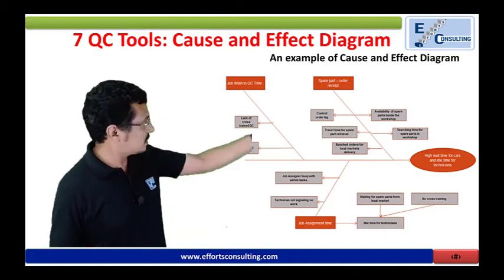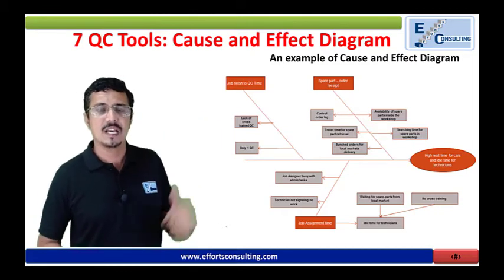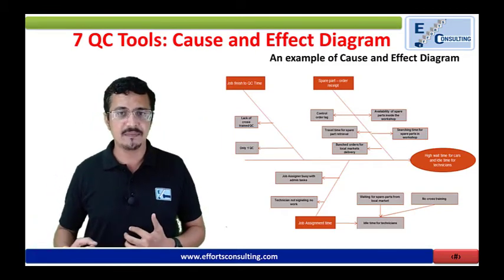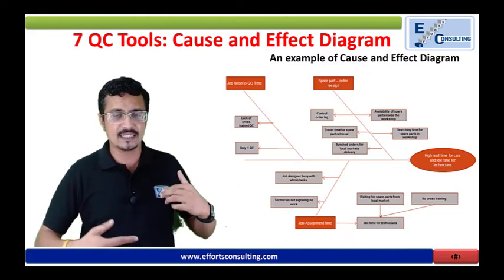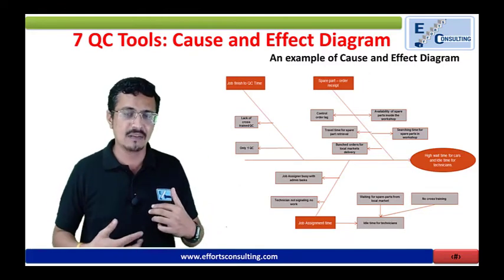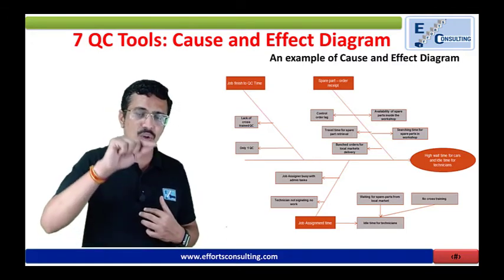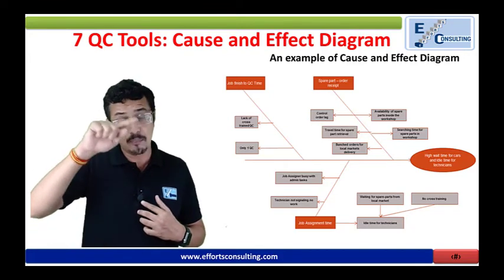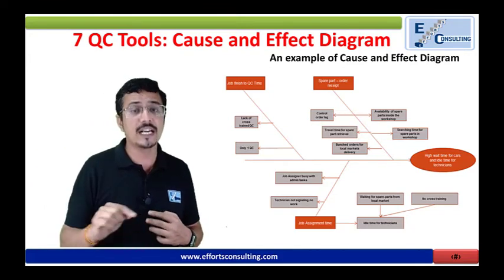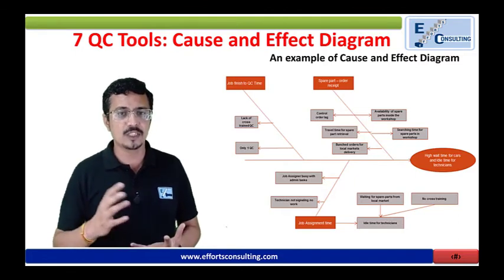Now, if you see, this is the main line, this is the main rib of a fish, and then you have various lines going out from this rib. Those are the sub ribs of a fish, and if you actually draw the curve in this diagram at the border, it would look like a fish, and that is why it is called the Ishikawa diagram or fishbone diagram.